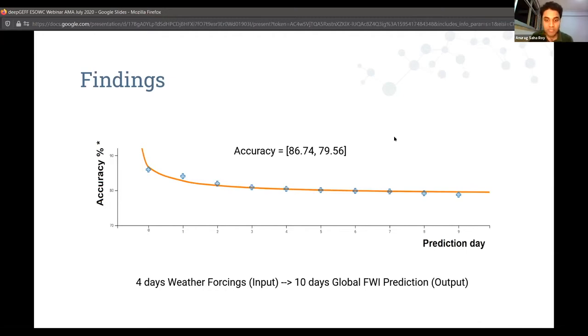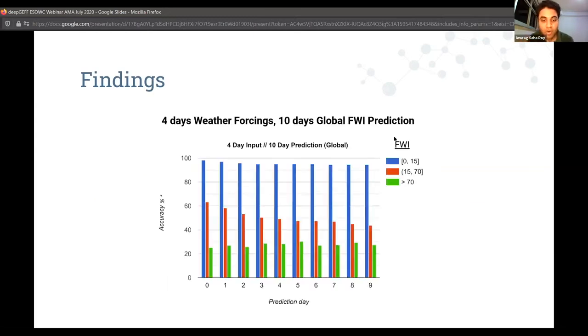Now, these predictions that we make use 4 previous days of input weather variables. So the 4 variables that Roshni mentioned, we input those variables for the last 4 days. So let's say today is Thursday, I input that for Monday, Tuesday, Wednesday, Thursday, and I get the prediction for the next 10 days.